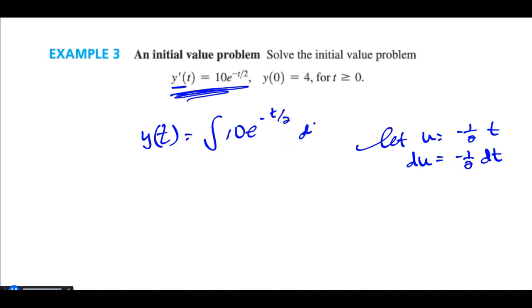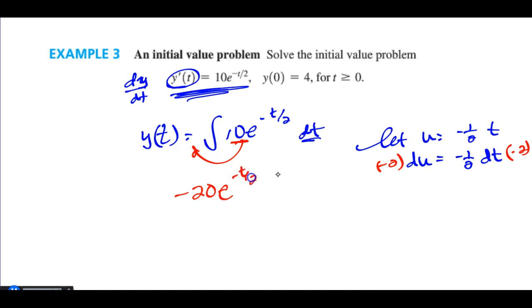There's really a dt here because this is really dy over dt. And so to solve for that dt, you would multiply both sides by what? Negative 2. Negative 2 times this 10 that gets popped out becomes a negative 20